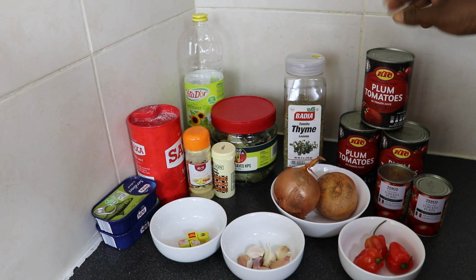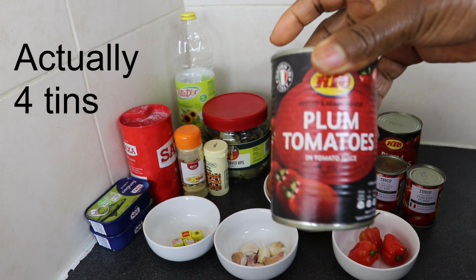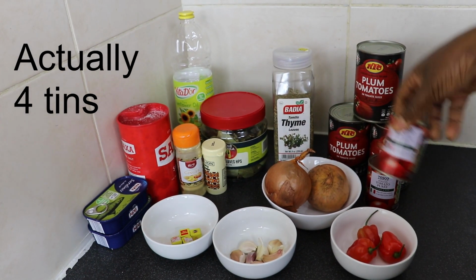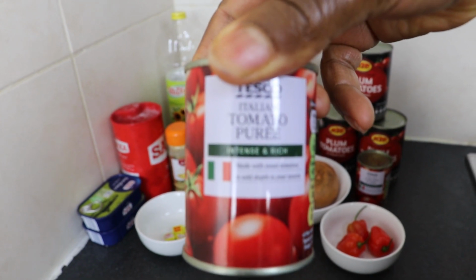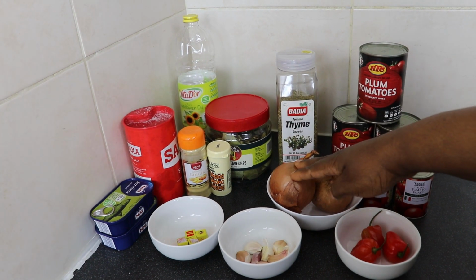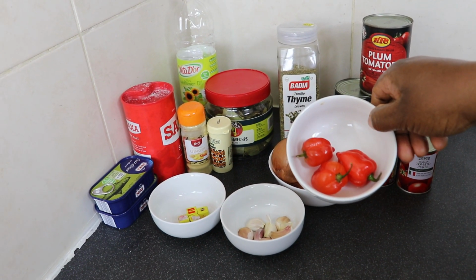So I've got my plum tomatoes. I've got 3. I've got puree tomatoes. I've got my onions. I'm going to use 2. I've got my Scotch bonnet peppers,